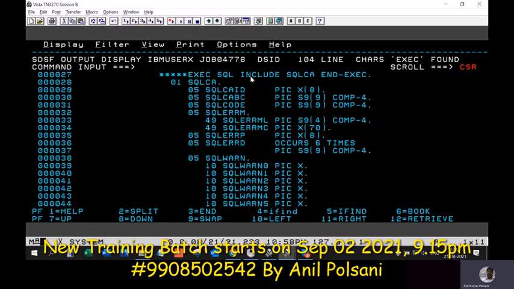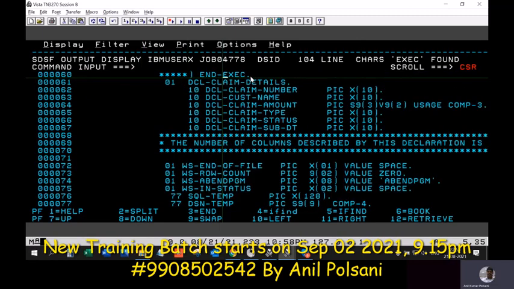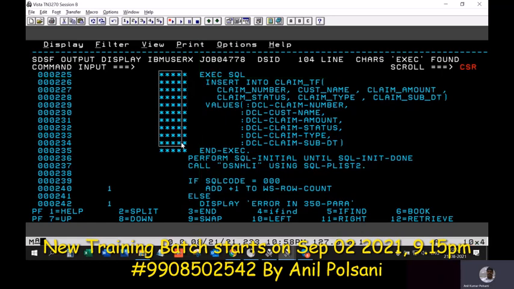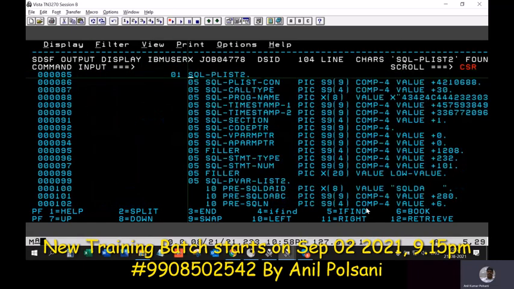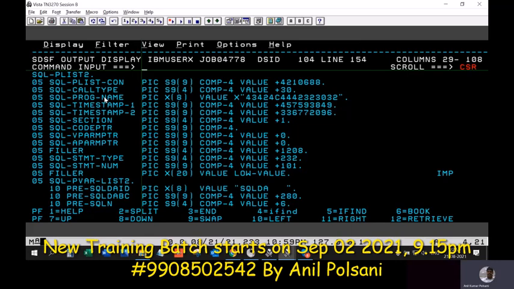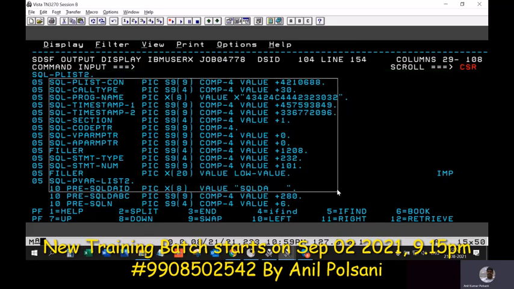Now, apart from this, all the EXEC statements, the query, if you observe the query, it has been commented, and replaced with a couple of lines with the call statement. If you take this variable and look for that variable here, this variable contains so many other variables required for execution purposes.